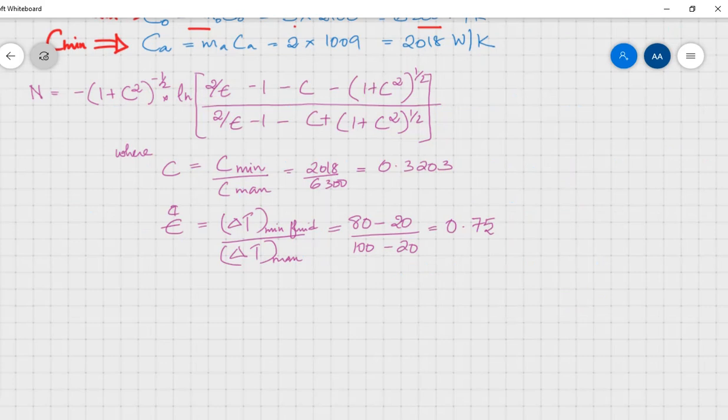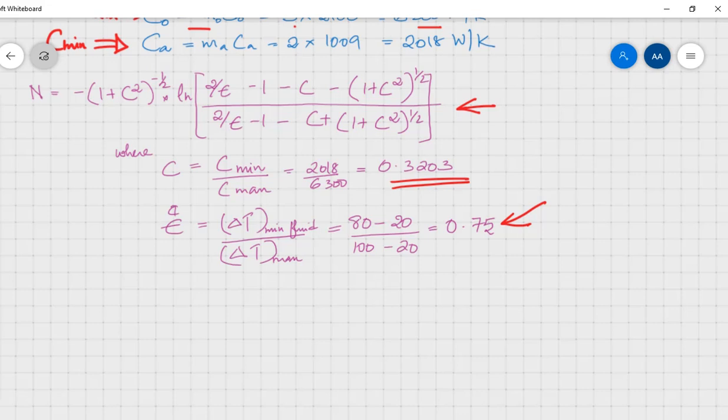Now with these facts established, we will now try to find out what is the NTU value for this heat exchanger. From the equation available in your data book, NTU is as given in this equation, where the ratio C_r is equal to C minimum divided by C max, and from the values it is going to have 0.3203 as its value. Now this is one place that is prone to errors from your side.